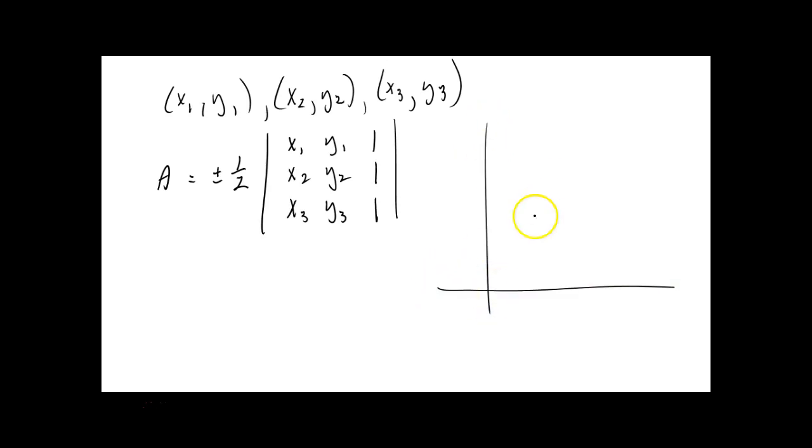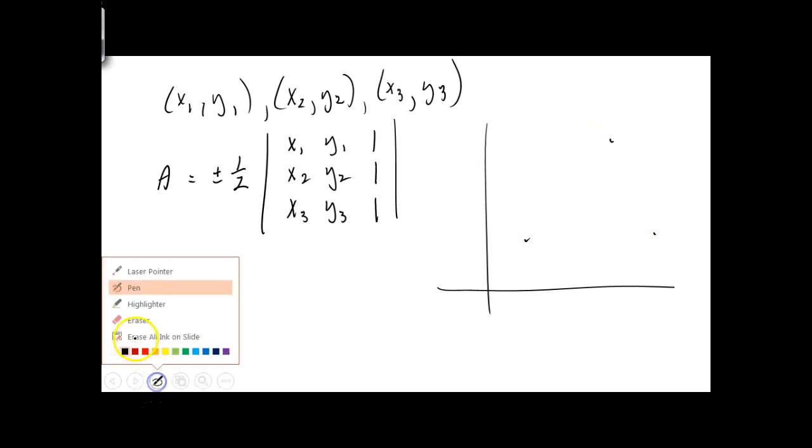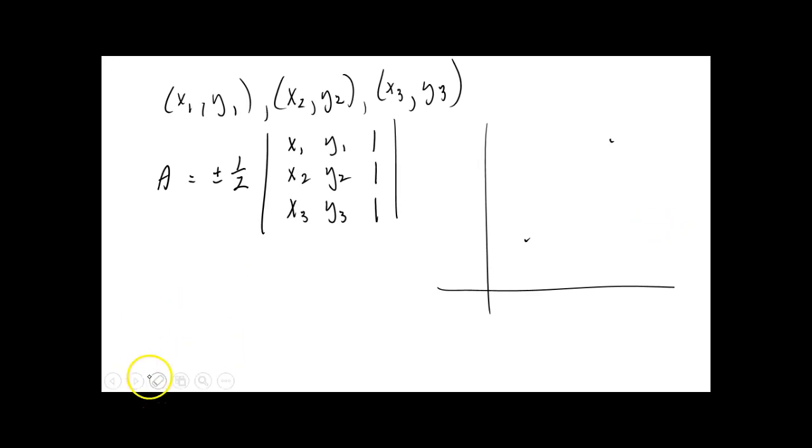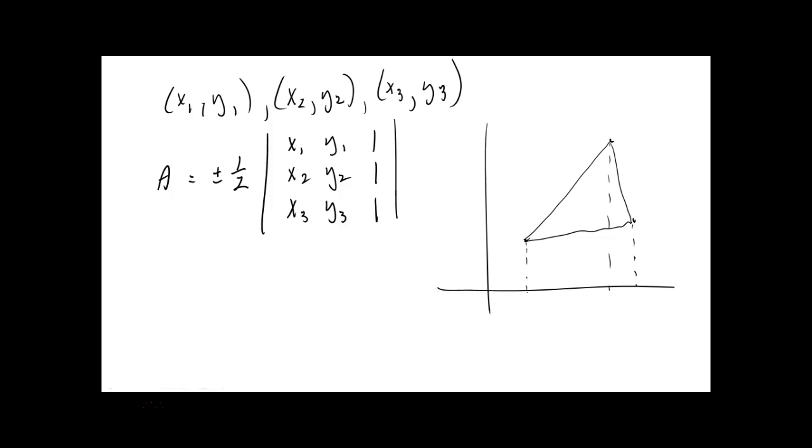I wasn't going to do the proof, but I will do a generalized version of it. Let's say those are your 3 vertices. There's your triangle. Now, if you note, if you do a perpendicular down here, a perpendicular down here, and a perpendicular down here,